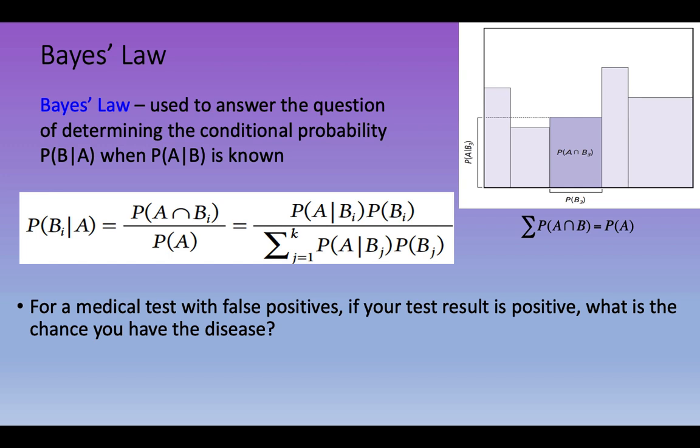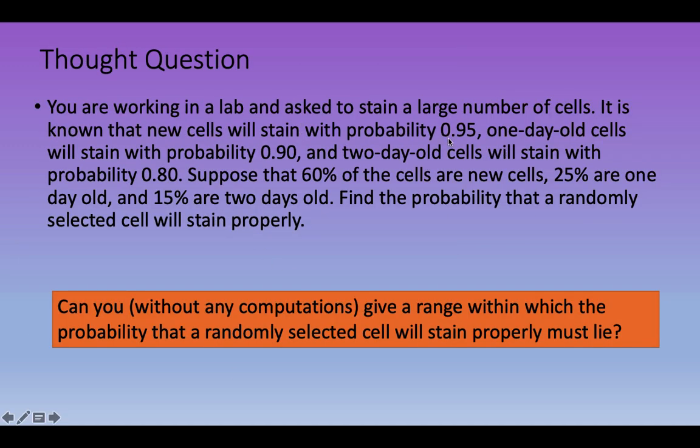There's just some simple things here. Like if we take a simple thought question, we've got some cells we're staining in the lab, and new cells stain at a certain probability, high probability, 95%, 1-day-old cells at 90%, 2-day-old cells at 80%. We have a mix of those sorts of cells, like 60% new cells, 25% old, 15% 2-day-old. We can calculate the probability that the selected cell will stain properly, but just using a Bayesian perspective, we can say, well, I can probably figure out the range that I would expect cells to stain properly